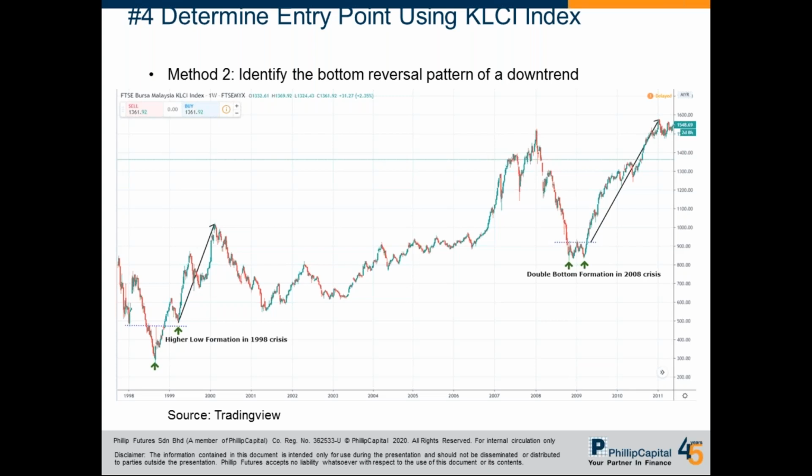As a trader, what we don't want the most is risk. So even if it will probably still go up, as a trader you might just want to exit first, and re-enter if it goes back up above the 10 days moving average. So whatever indicator you use to enter is definitely the indicator that you use to exit the market. All right, this is how I will use the KLCI index, based on historical data and bottom reversal, to do an estimation.